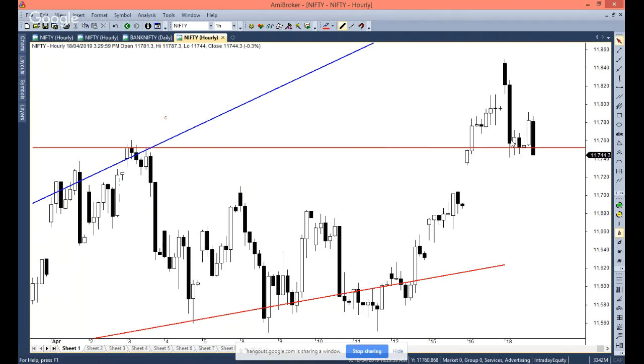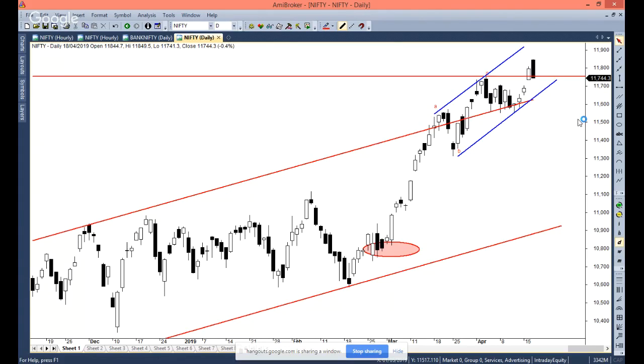At the same time, use a very small stop loss, which is the low of today, 11,741. So you are risking only 50 points on Nifty and trying to ride the trend. Chances are high that you might get whipsawed in this kind of a short-term move, but at the same time you are able to capture the trend on the upside, which is as of now ongoing. So do not go against the trend unless and until we see a daily close below the prior bar's low, that's one, and a weekly close below the prior bar's low, that's second. These two are very important aspects, and buy on dips is the market scenario that you have to follow. From a wave perspective, we might have completed wave D on the downside.